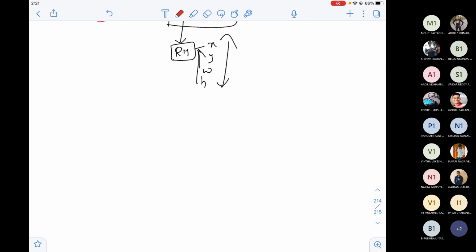For that, what they have done is they have come up with some equations. Okay, so the equations are, first let me write one equation to predict the x value. It is actually gx minus px by pw. What is this? What are these values? You're not sure? Let us see this. Let me draw.